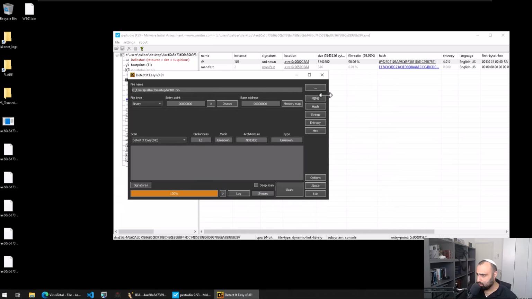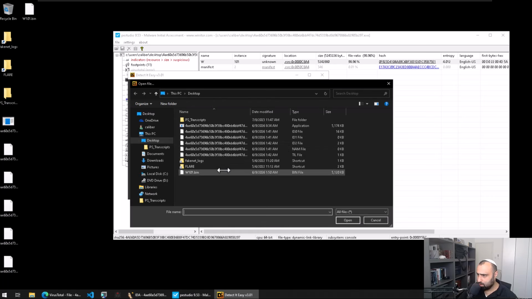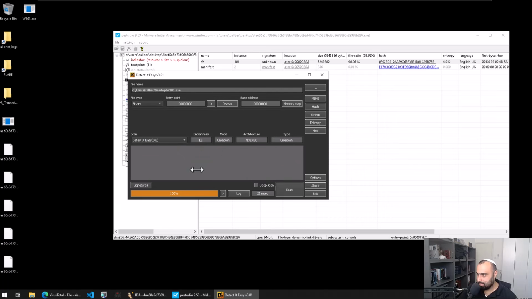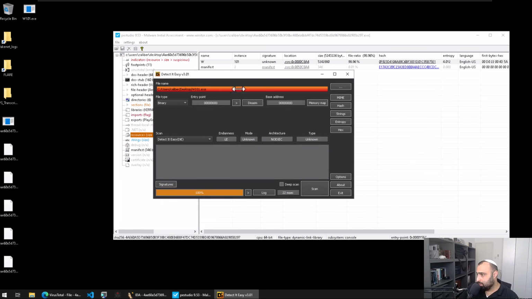Let me try to change the extension maybe to exe. I know why it didn't, as you can see, it didn't successfully load. It didn't load it